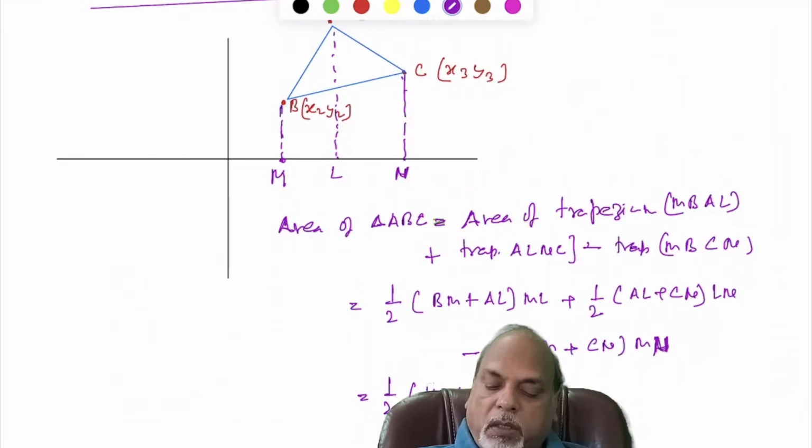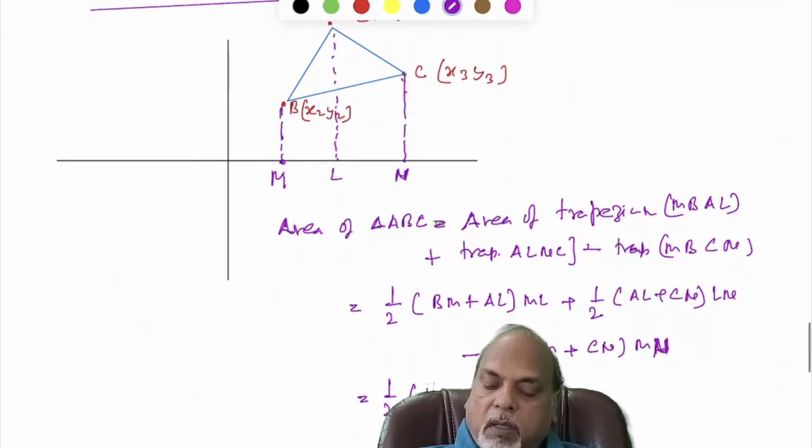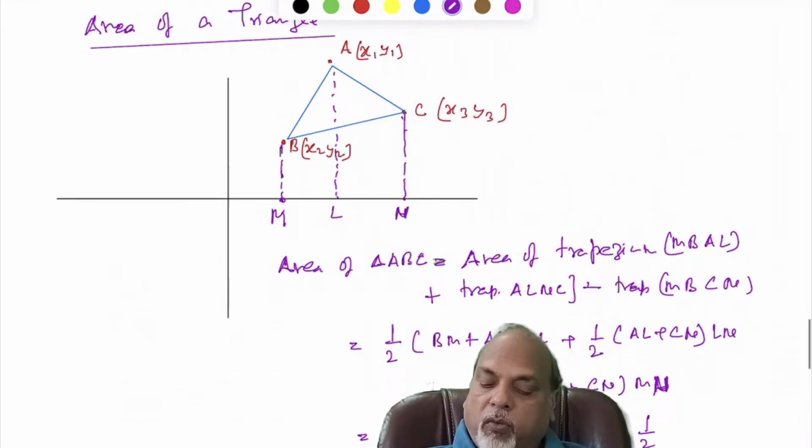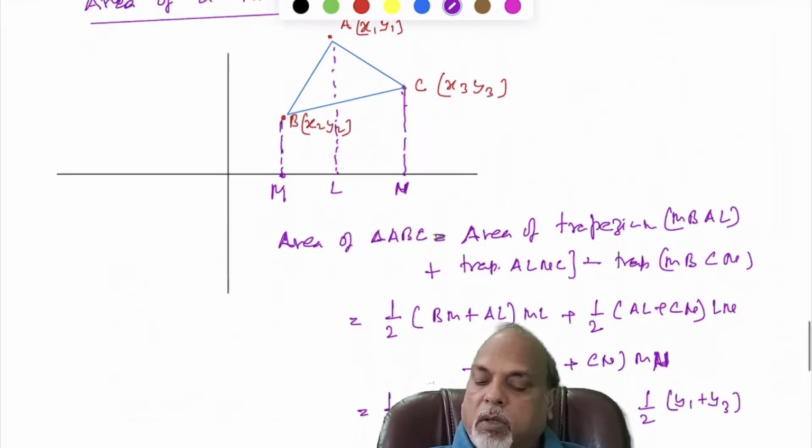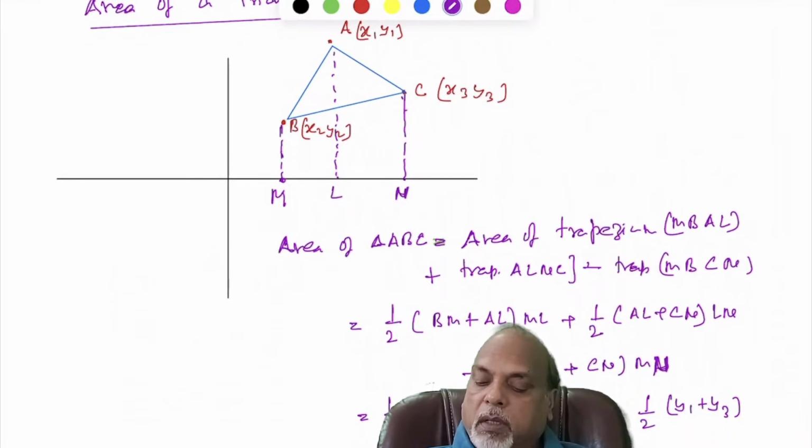And what is this? This is your x1 minus x2, correct, plus half, this is y1 plus y3, and what is this? This is your x3 minus x1,